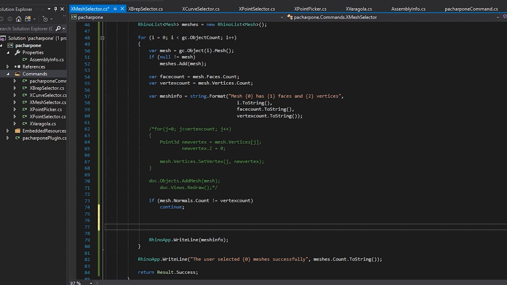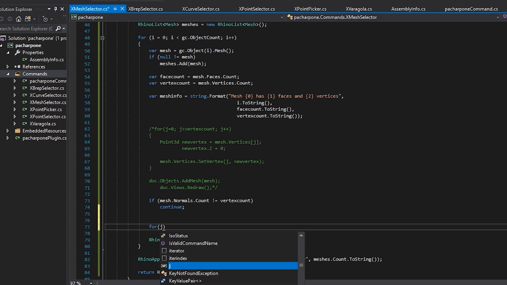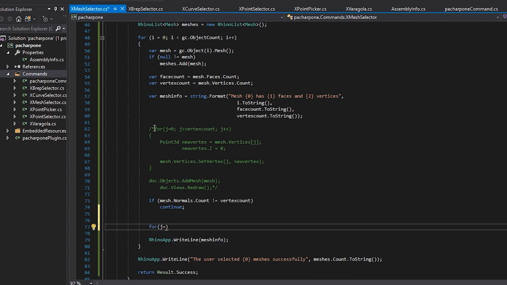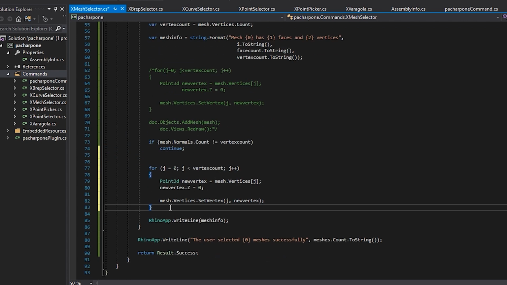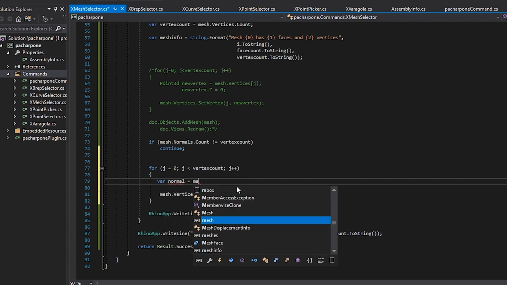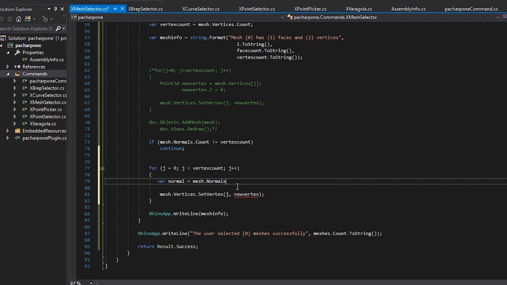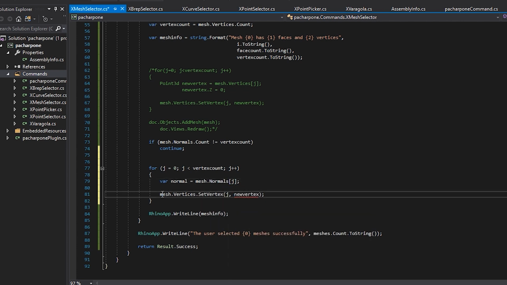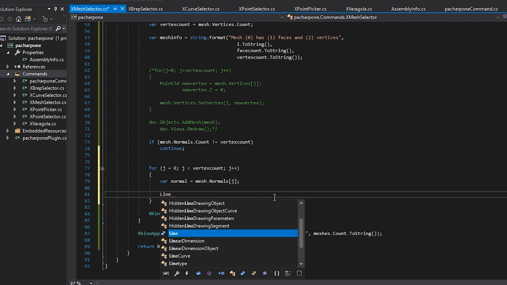So we can create a simple line at every vertex following its normals. So let's see how to do that. We will enter another loop as we did before. Actually, we can copy this code here because we are entering a loop for all the vertices. And what we will do, we will save the normal vector by accessing the mesh normals and the particular normal for this particular vertex. And what we can do is we can create a simple line